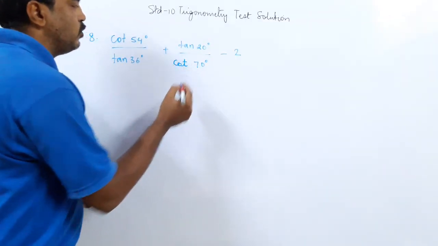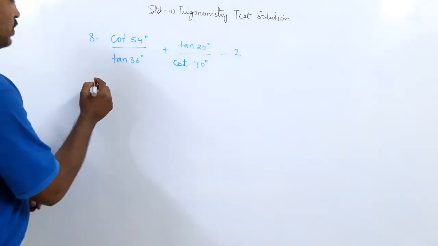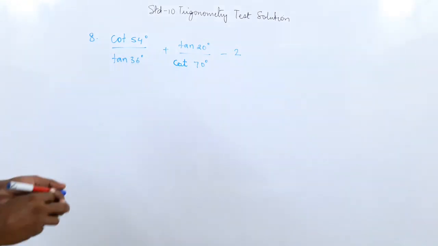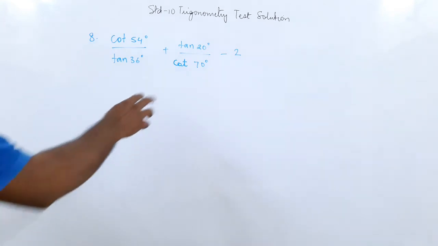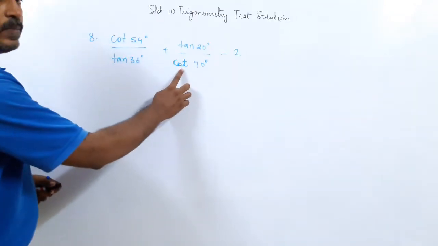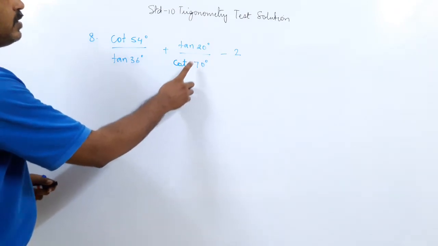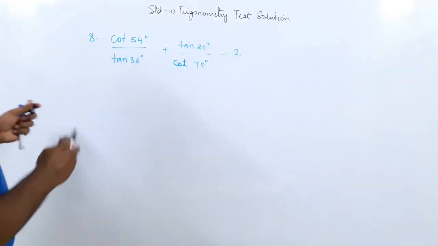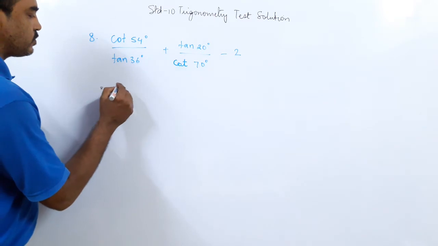So we will give you grace marks for this sum, but then I think you will know how to do this sum, right? So kindly recall this sum, the test paper, there was a typing error in the paper, okay? It is not tan 70 but cot 70. Then you will do the rest of the sum.